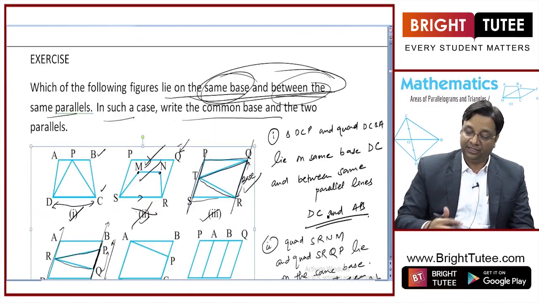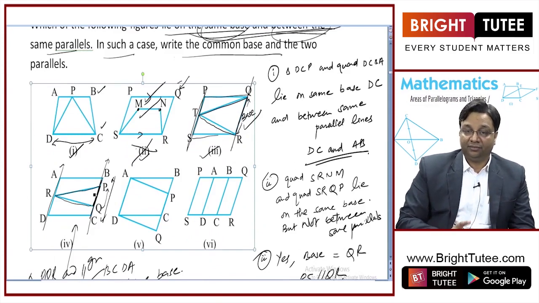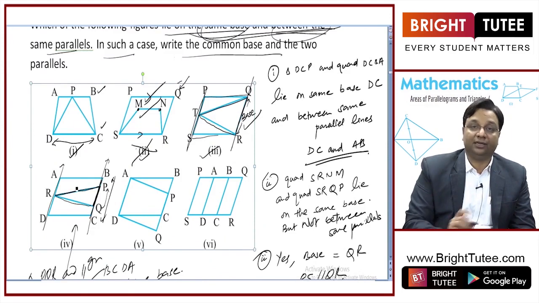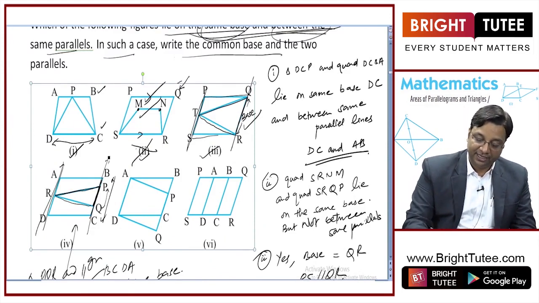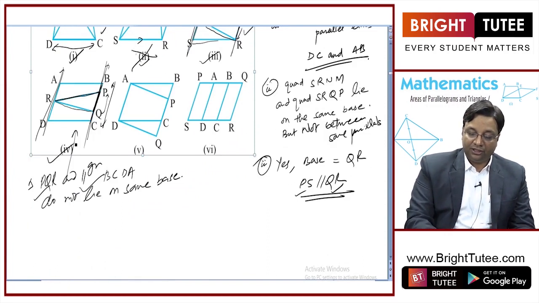If you have to comment separately, then you will say these do not lie on same base, but these lie between same parallels, and the parallel lines are AD and BC. Okay. So this was about this fourth part, and in the fifth part, if you notice, AD is common base